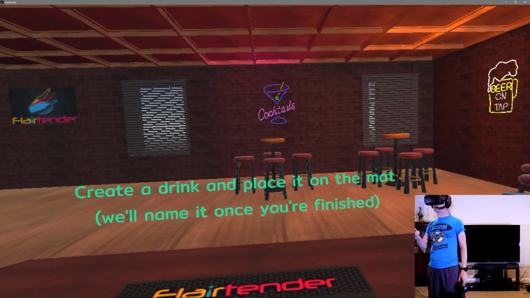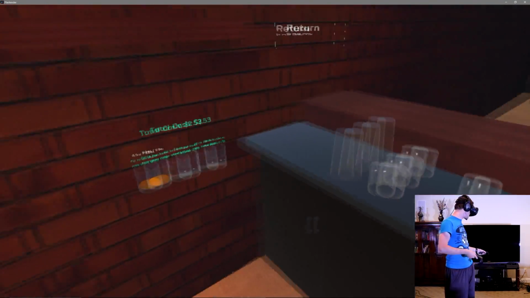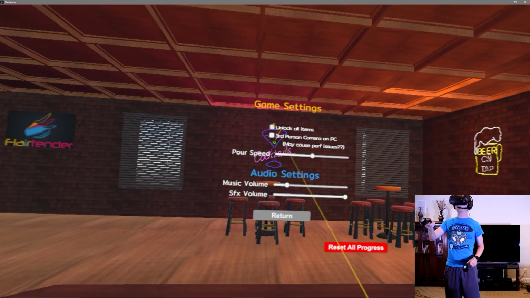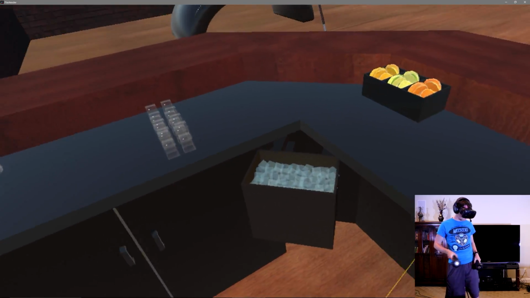I mean, I guess I could do that thing in the options where I just unlock everything. You know what, let's do that. I don't want to do it. Oh, I could reset my progress. Yeah. So let's return, settings, unlock all items. Oh, wow. Alright, cool. Now you guys...